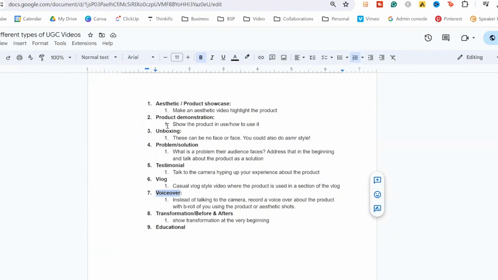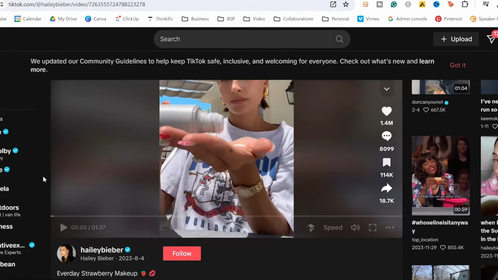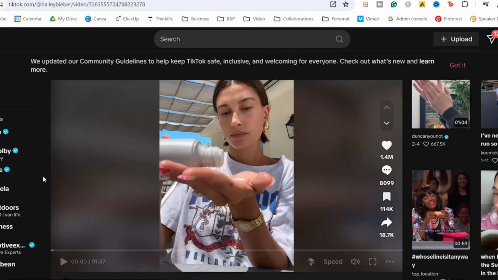Next, we have voiceover. This is instead of a talking head or you sitting in front of the camera talking to the camera, you record a video about the product and then insert a voiceover, and it could be you using the product, aesthetic shots of the product. The example that I have here, it's funny. This is Hailey Bieber. This one literally just came up on my For You page when I was scrolling, and I was like, oh, this would be a good example of the voiceover style because she's doing her skincare. She's showing her product, the Rhode Beauty. She's showing it in use. It's basically a UGC video for her